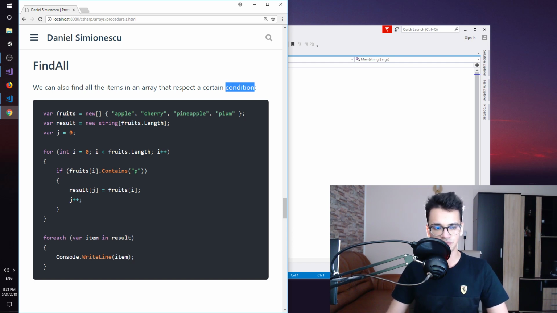I have an array called fruits, which holds 4 fruits: apple, cherry, pineapple, and plum. And then I have an array result. As you can see here, I'm constructing a new array of string because the type of these items is string. And then I'm going to pass the size, and the size is fruits.length, because I have to make sure that if the condition applies to all the items in this fruits array, then to have enough room to accommodate all the items. Okay, so the maximum size should be the size of the original array,